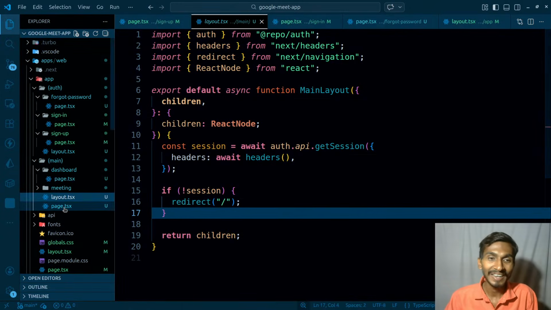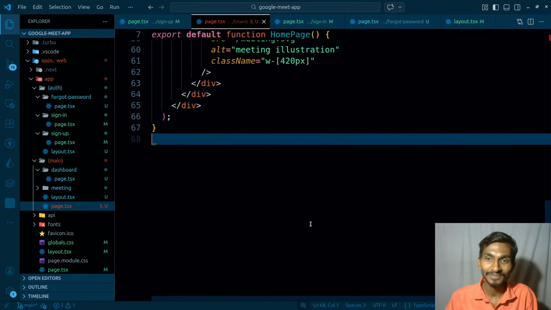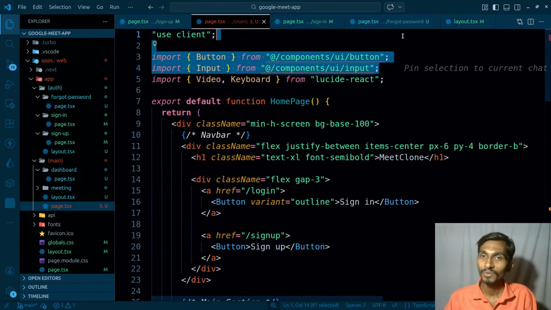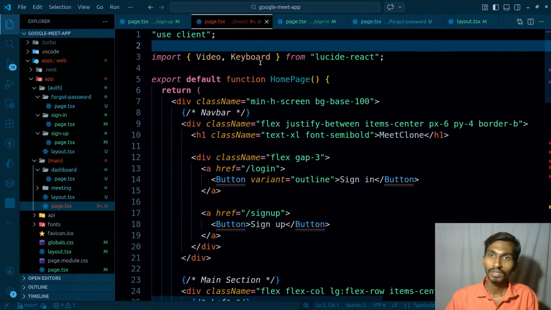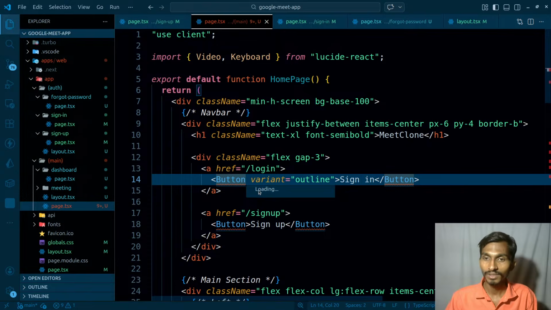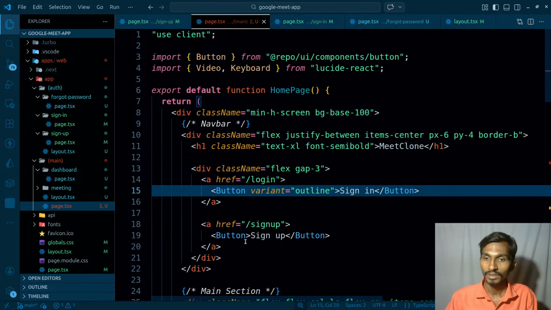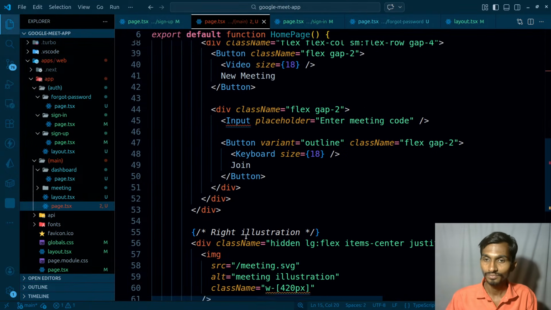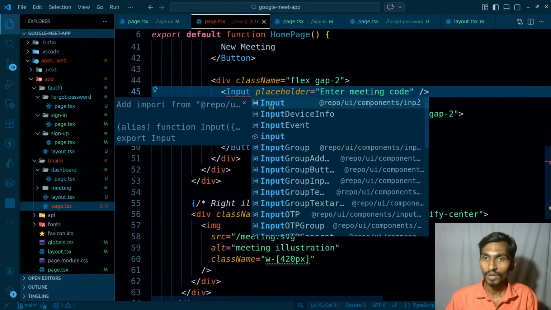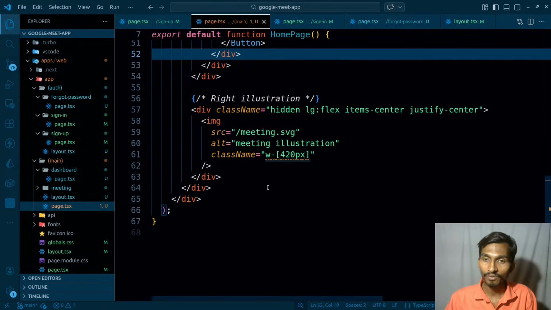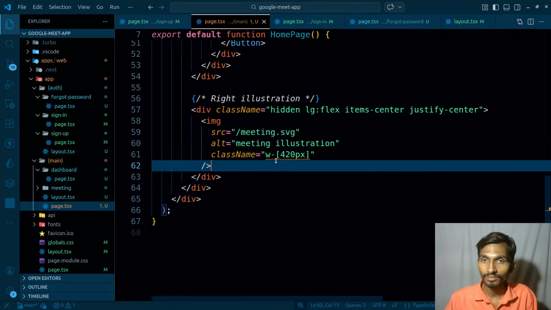Okay, so I am back to this layout. Remove this. Go to the top. Few components are missing, not a problem. Keyboard, word button. Let's simply import this, and this thing is done. Input. Let me get the UI done, and after that I will work on the main part. Main part in the sense